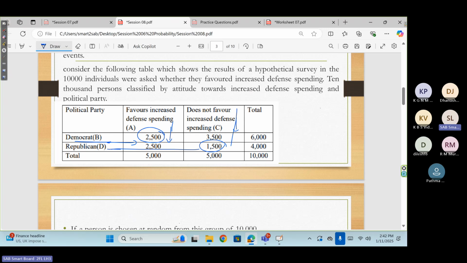Understood? Okay, it's clear. This we call a joint probability. There are two events, and these two events occur simultaneously. It's clear? In the joint probability concept, we always discuss the joint occurrence of two or more events. Not only two events, we can discuss three or four events. It's clear? The next concept in here,